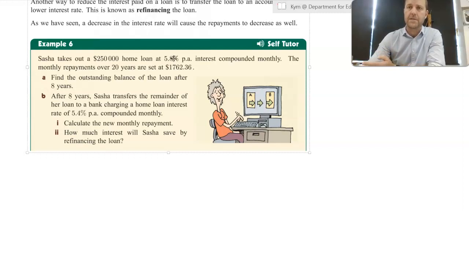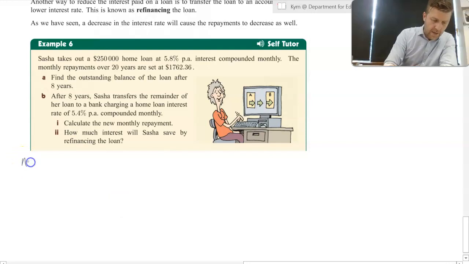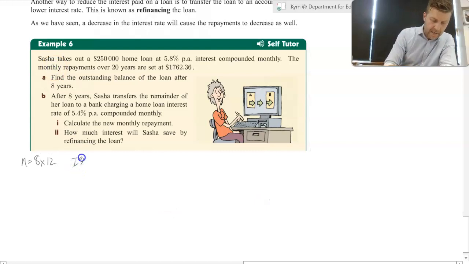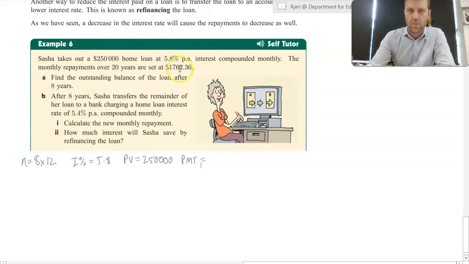Well, I'm going to show you how to do that on the graphics calculator. Before I do that, let's put in the values that we have here, and write them down. So N is going to be 8 times 12, 8 years, with payments being made monthly. The interest rate is 5.8%. The present value is what we actually borrow, or the principal, which in this case is $250,000. We're going to put that in as a positive value, okay? PMT is the payment, or the repayments per term, per month in this case, which it says here for Sasha is